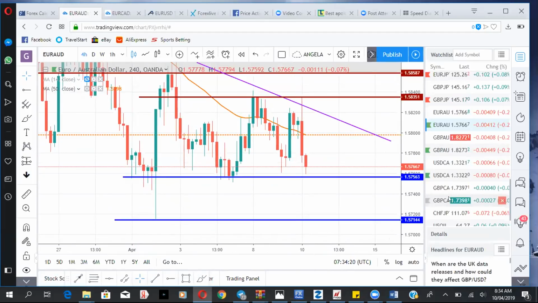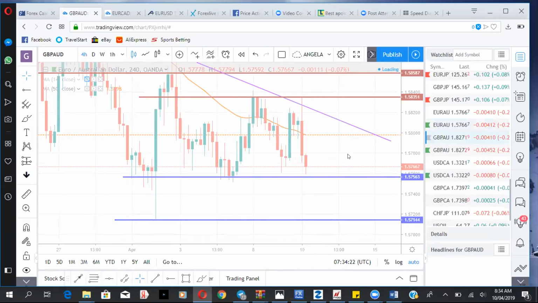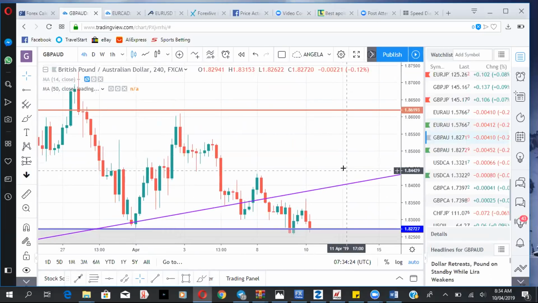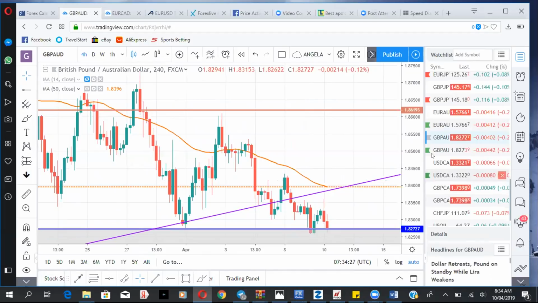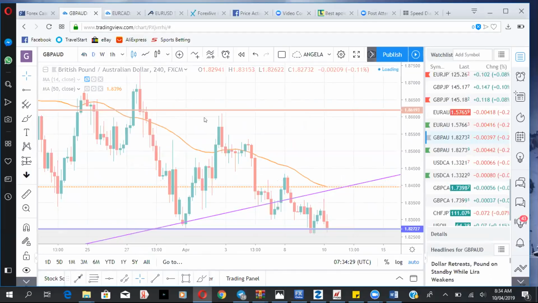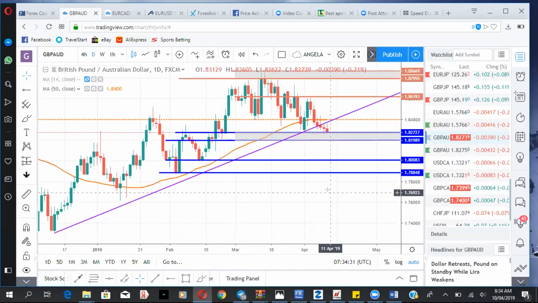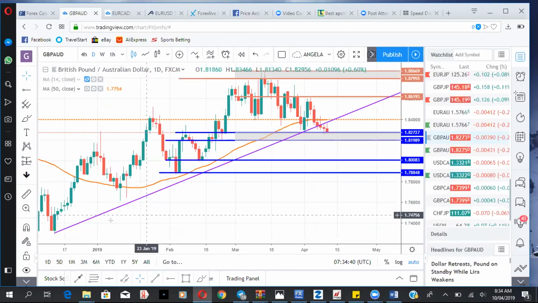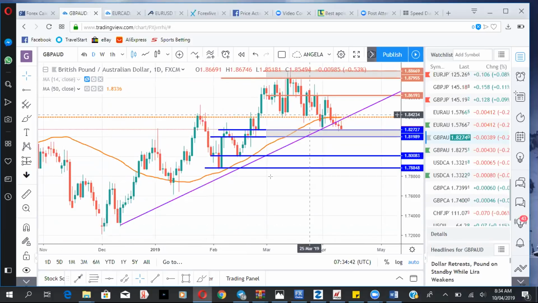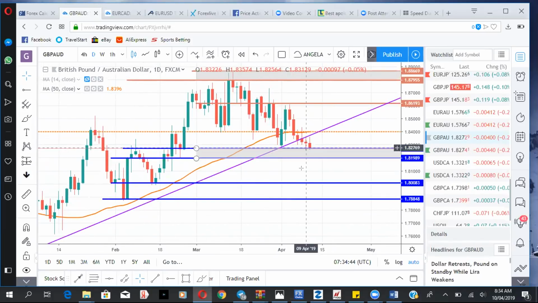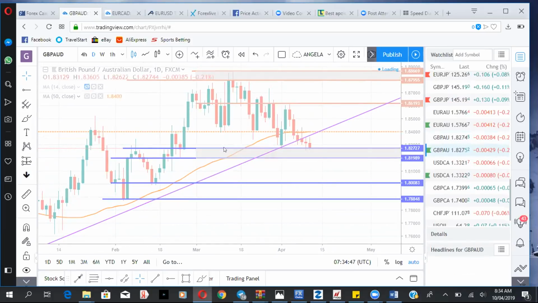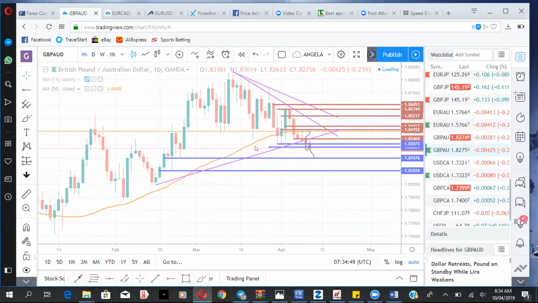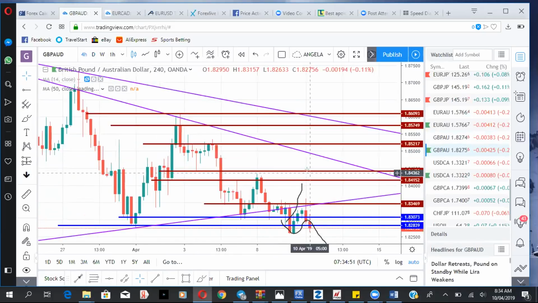So the next pair we'll be looking at is the GBPAUD. Looking at the GBPAUD, the same thing too. Looking at it from a daily point of view, sitting above support with a kind of doji, but there's a broken trend line. As you can see, this trend line has been broken since price went to retest it. Knowing that, I dropped down to my lower time frame chart, 4 hours. Let's see what we have here.